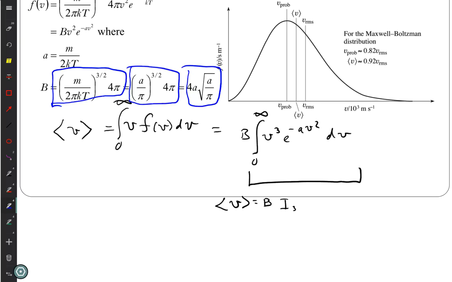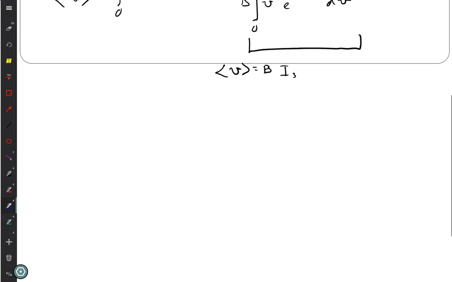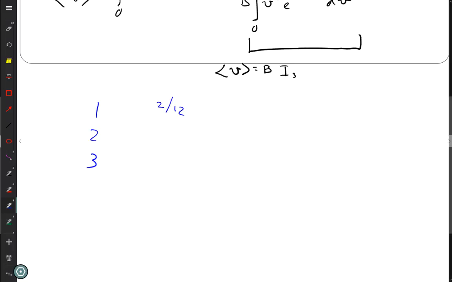I'm going to go all the way back and put this in very simple layman's terms. Let's say we have an exam, and on the exam I'm only going to have 3 scores: 1, 2, and 3. Looking at all the students, I had 2/12 that got a score of 1, 4/12 that got a score of 2, and 6/12 that got a score of 3. So this is my v, because that's the variable we're using, and this is my probability